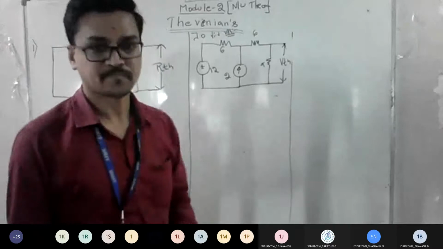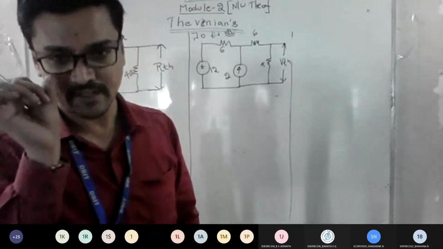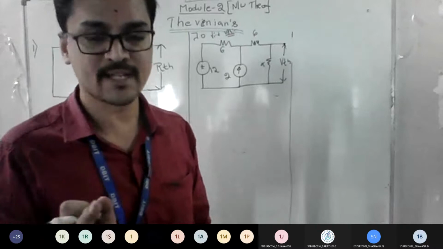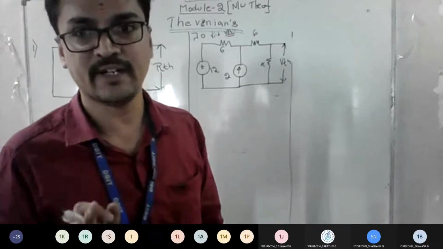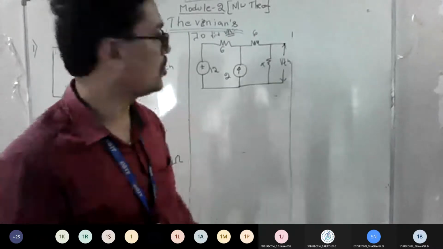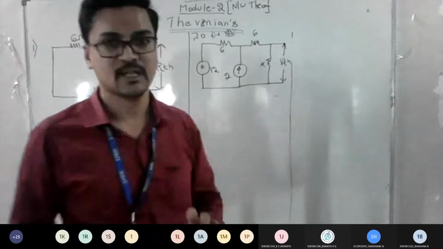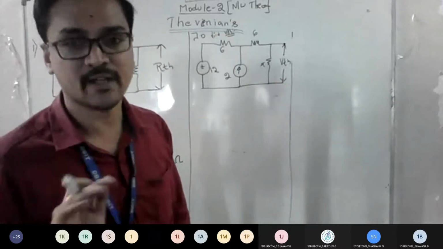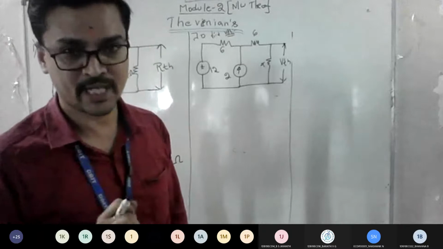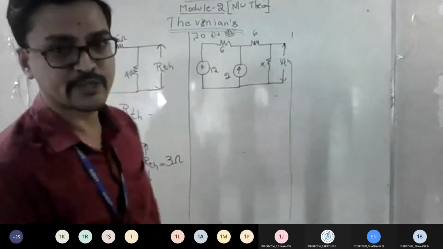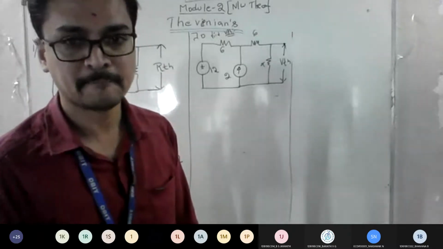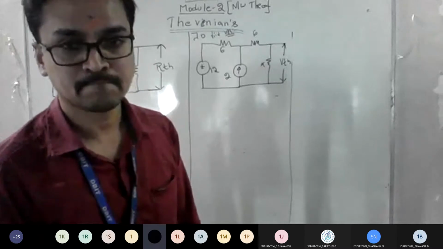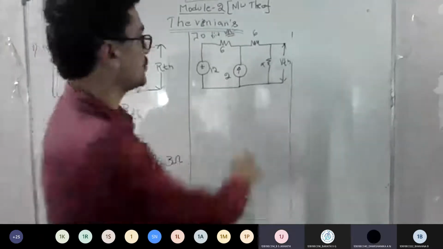So now look at here. Observe the things carefully. I told you, if you are good at KCL, go with KCL. If you're good at KVL, go with KVL. It is left to you. Ultimate goal is to find VTH. Listen. So if I consider the problem to solve using KVL, it means mesh analysis. So what is the thing you should do? How many meshes are there? 2 meshes.